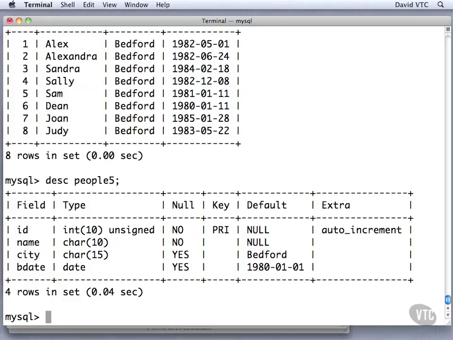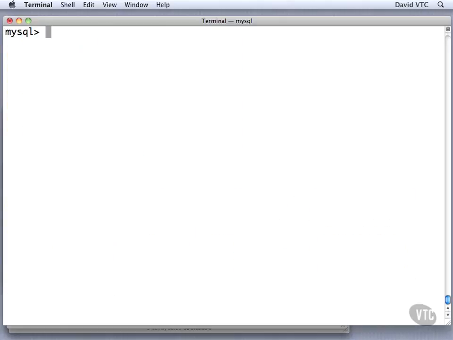Alright, so let's try that. I'm going to clear the screen here. And here is a simple statement that says update People5, set the ID column to the current value of the ID column plus 1. Seems logical, right? That's what we want to do. However, we're going to be addressing these in the order in which they occur, and we're going to be increasing